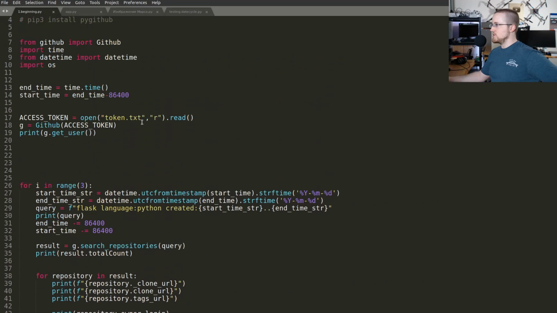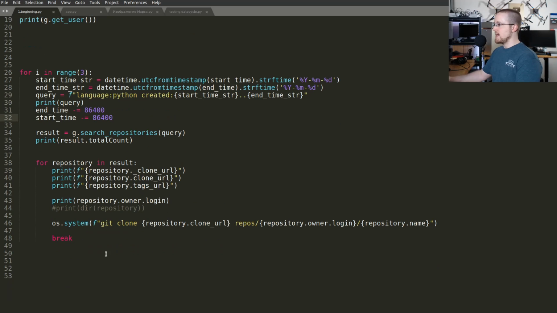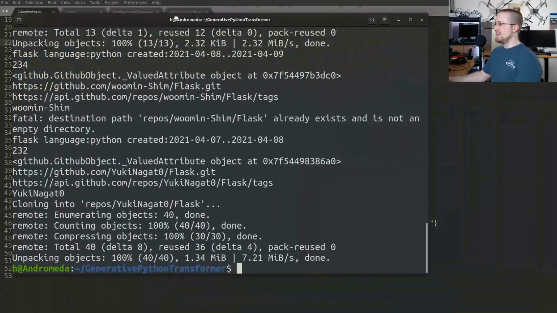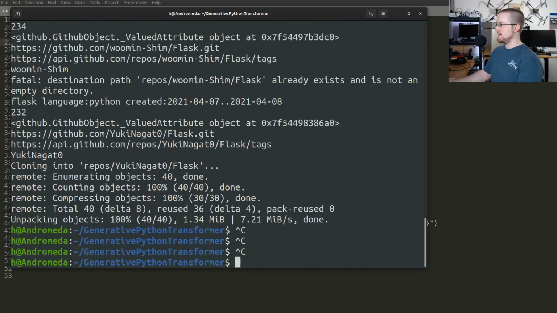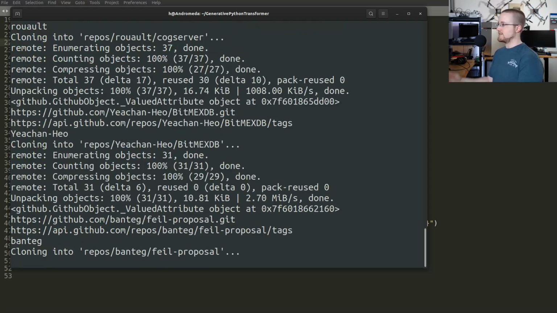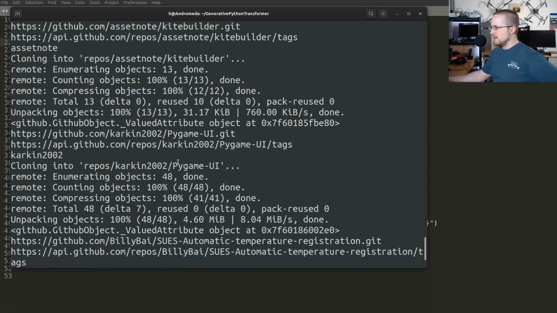So the next thing I would do is, we would just remove Flask. So we would do that, and then save that. Maybe every day you might consider sleeping. It might be wise. It's unclear to me how heavy-handed GitHub's going to be. Eventually, I guess I'll find out. But yeah, so here we go. We're going to just clone 1,000. So we'll see what happens if we're hitting any errors. I mean, I'm not seeing